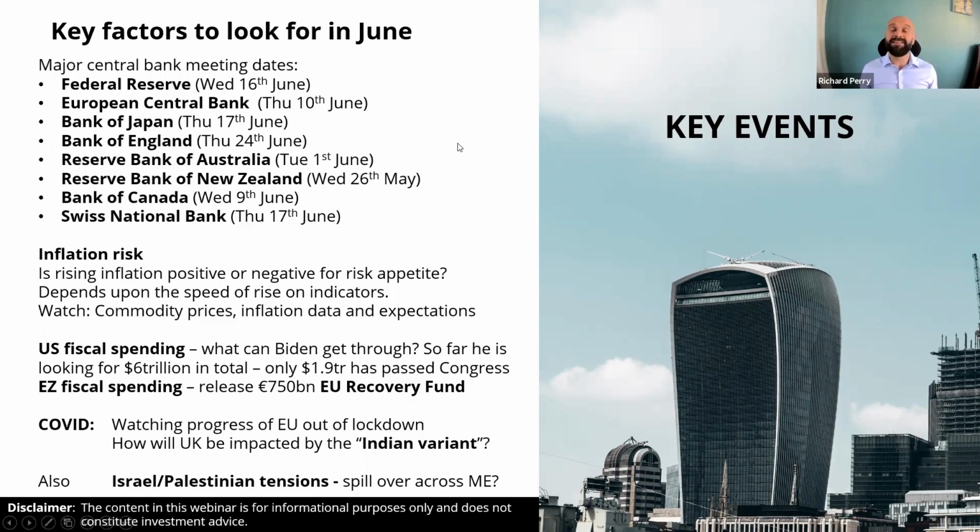And European central banks, similar sort of issues. We can see that bond yields in the Eurozone are suddenly moving strongly higher. And that now means that the European Central Bank has some questions to answer, I think, on June the 10th. How does the European Central Bank deal with the fact that bond yields in the Eurozone are now suddenly moving quite strongly higher? You can see here,